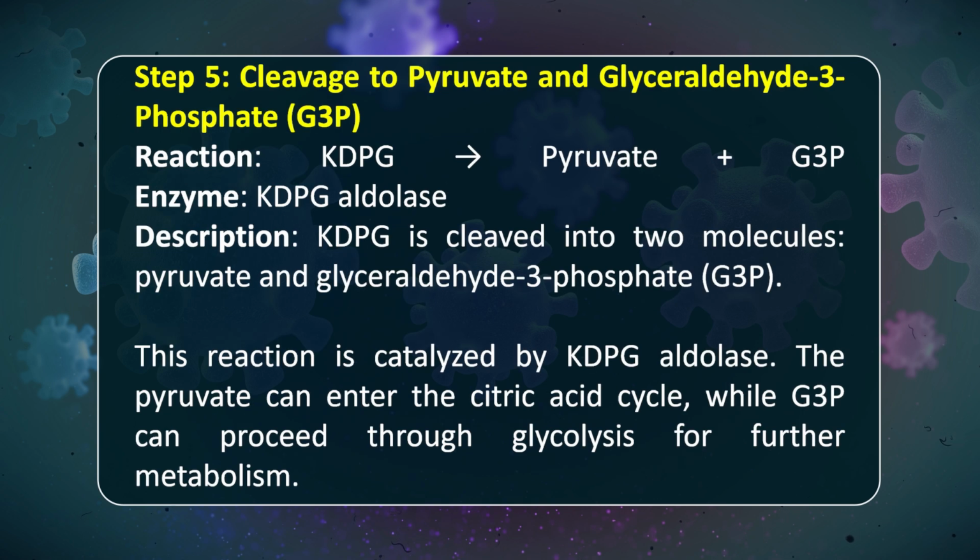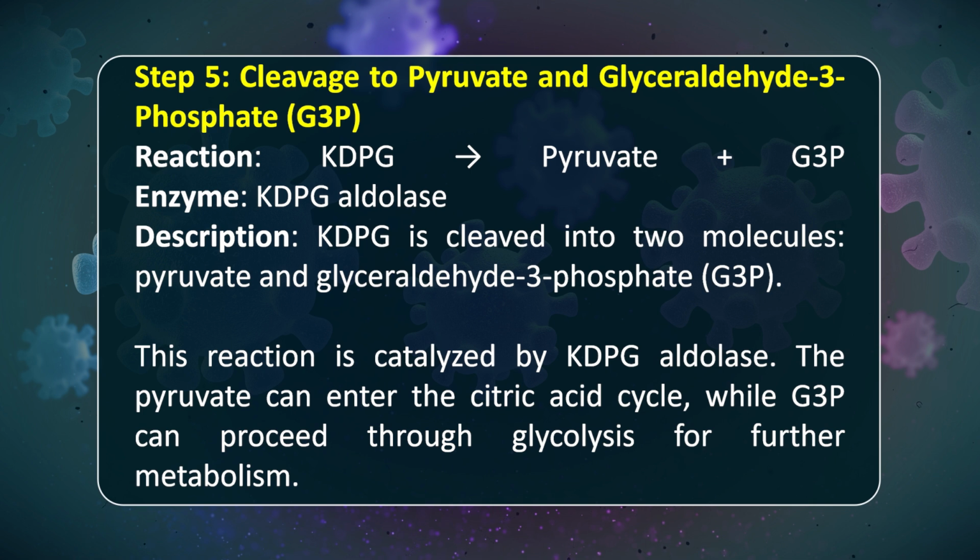Then step number 5, cleavage to pyruvate and glyceraldehyde 3-phosphate. So, here KDPG dissociates into pyruvate plus glyceraldehyde 3-phosphate. The enzyme responsible here is KDPG aldolase. KDPG is cleaved into 2 molecules, pyruvate and glyceraldehyde 3-phosphate. The reaction is catalyzed by KDPG aldolase. The pyruvate can now enter the citric acid cycle, while the glyceraldehyde 3-phosphate can proceed through glycolysis for